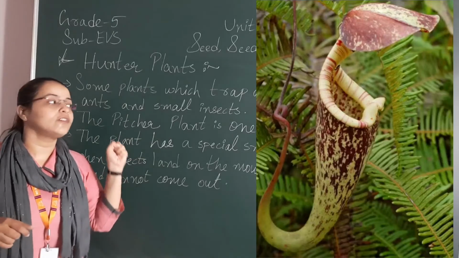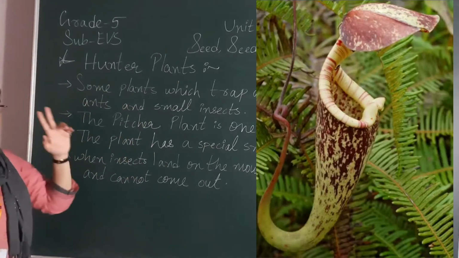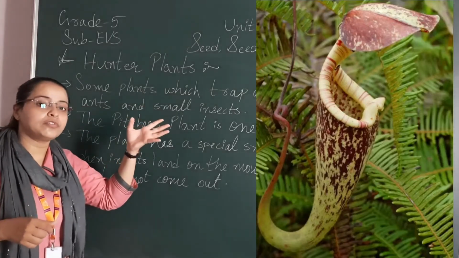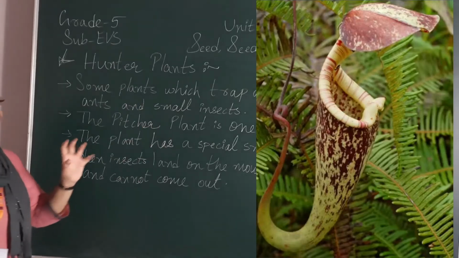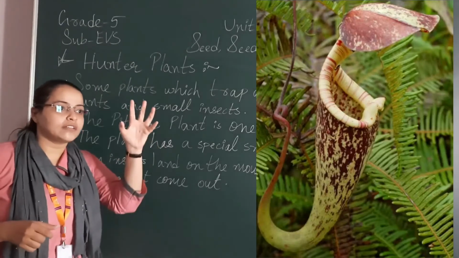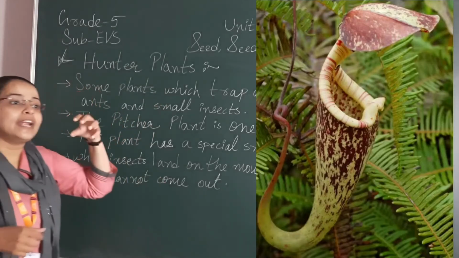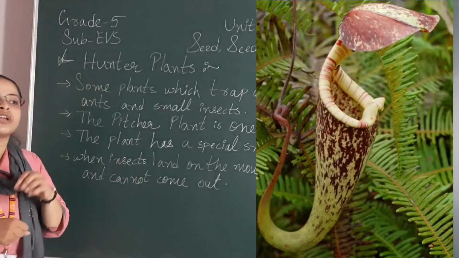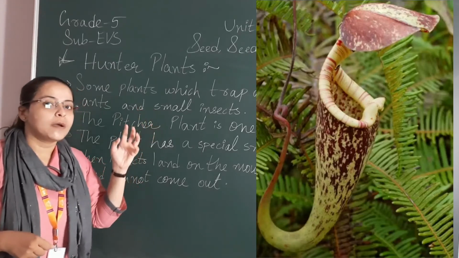Likewise this is the process of the pitcher plant, how to hunt other insects and ants. So are you able to see the picture? क्या दिख रहा है इस फोटो में आपको? How the pitcher plant is trying to attract, वो कैसे ही इंसेक्ट्स को अट्रैक्ट करते हैं अपनी तरफ, and whenever the insects land on their mouth, जैसे ही वो इंसेक्ट्स उनके माउथ पर आते हैं, they are trying to trap them, वो उनको फटाफट से पकड़ लेते हैं.